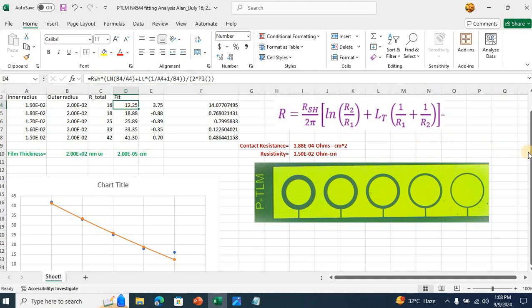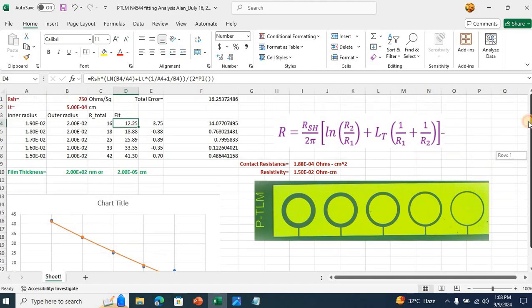This column gives me the fitting resistances. I've calculated this resistance using this equation, but as I already mentioned, in this equation RSH and LT are unknown. So here is my sheet resistance value and here is my transfer length value. I varied these,